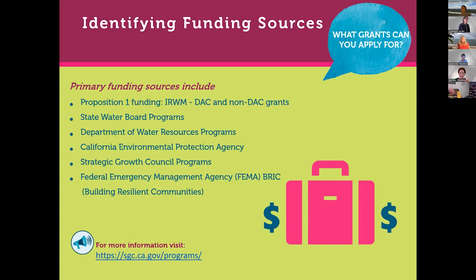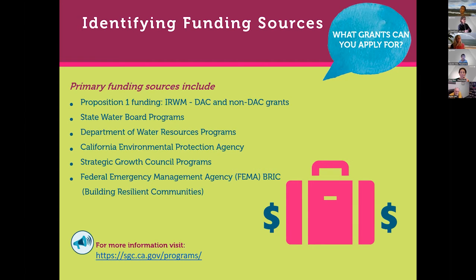Then there's state water board programs we've already referenced, the low interest revolving loan programs and grant programs. All of these are described on the California grants portal. Department of Water Resources has a lot of funding, and currently they are administering a lot of the state budget funds that were authorized in the budget last year for drought relief and for other things. And those funds largely require no cost share or match. So that's also been beneficial for folks who are needing emergency or drought relief project funding.